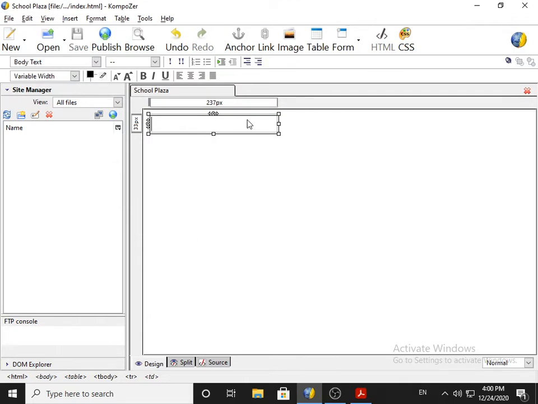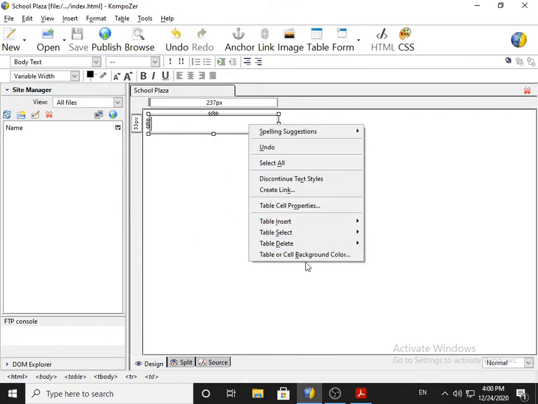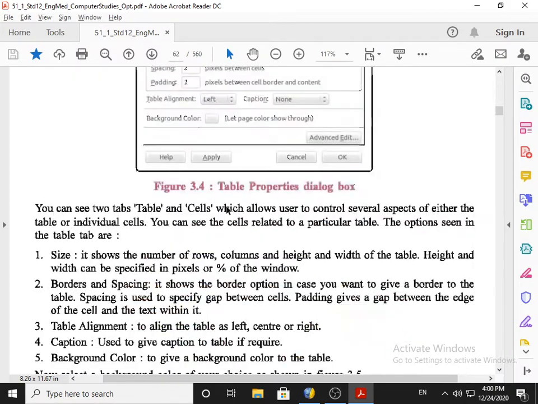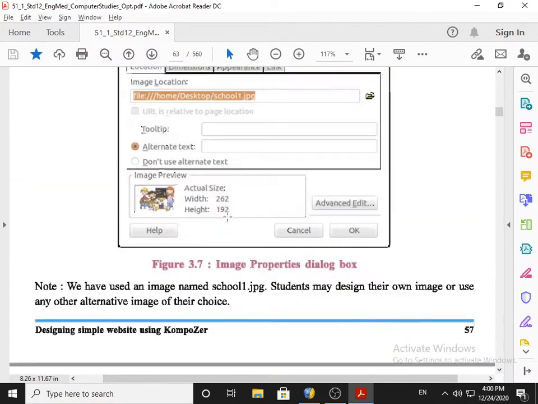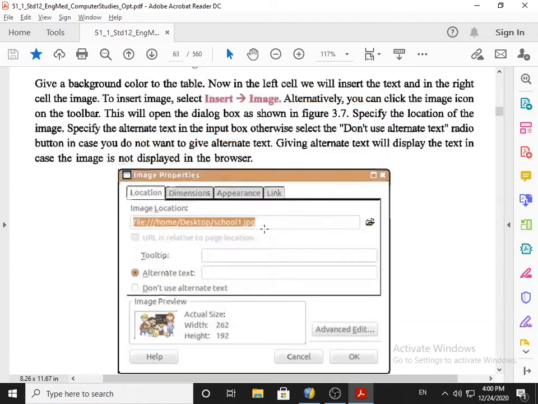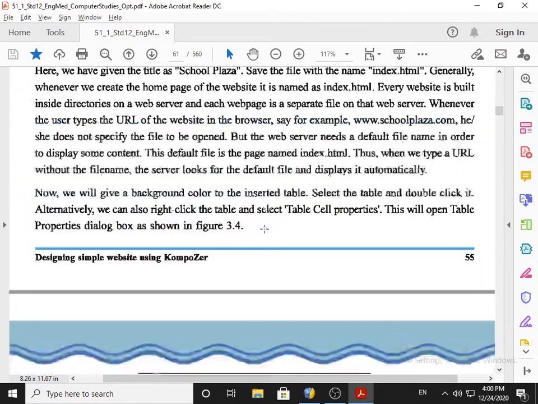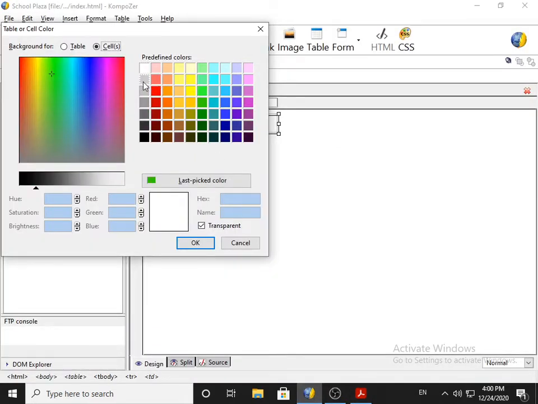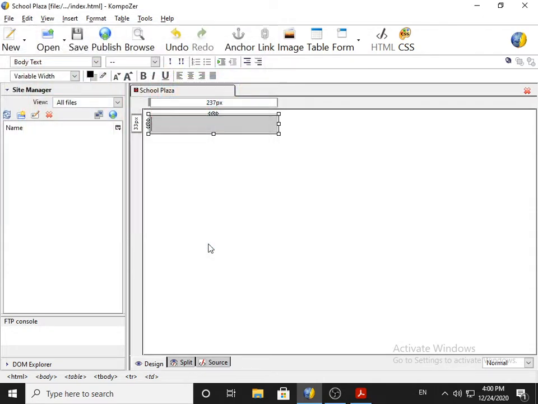Now to change the background color, right click, table or cell background color, and you see in our textbook the background color is mentioned, that is gray kind of, so I will provide the same. Now I click on the OK button, and I hope you can see here the background color is changed.